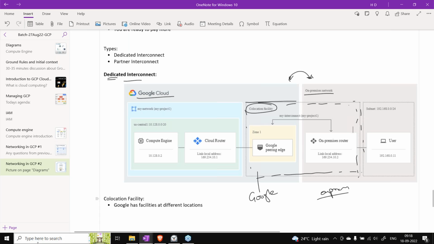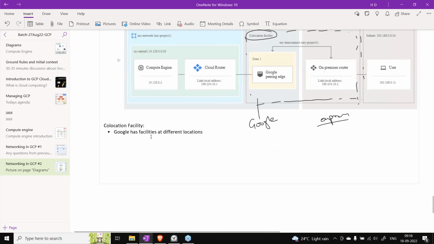If you want to take this particular route, your on-premise infrastructure should be in the same location where a co-location facility is available.